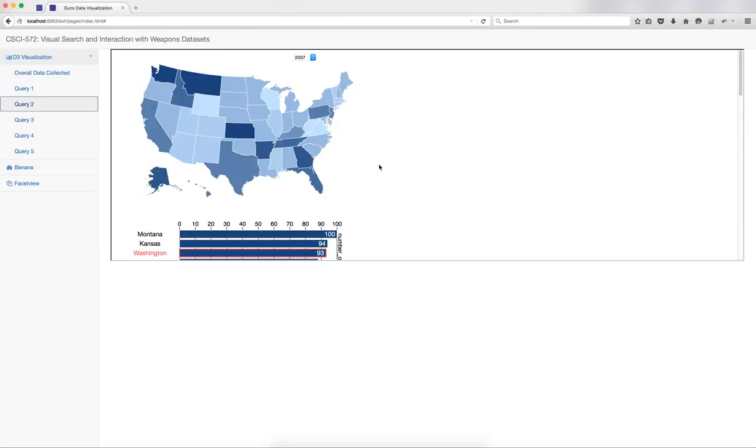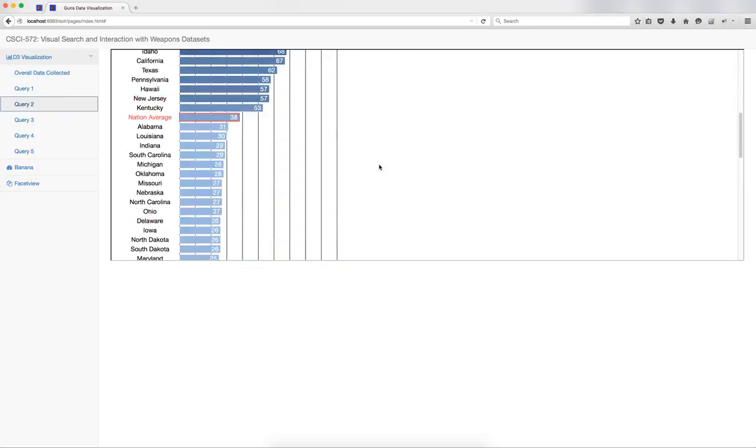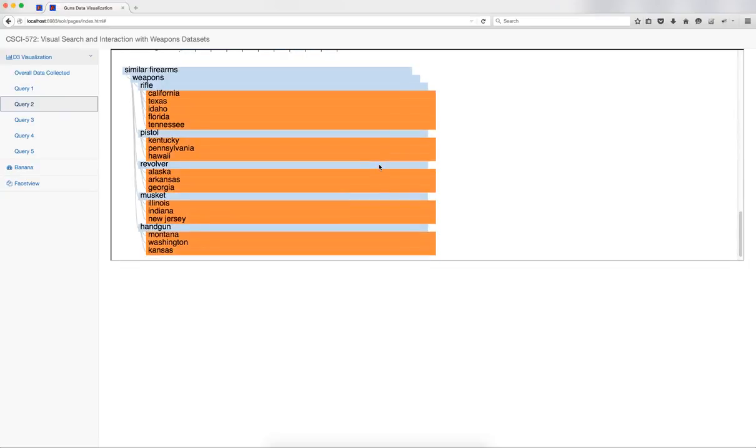The second query was about identifying similar firearm image types that were sold in the same region at the same time. For identifying these, we used a choropleth along with a histogram and a collapsible tree. For example, if it was rifles, then they were obtained in California, Texas, Idaho. Similarly for pistols, revolvers, musket, and handguns.